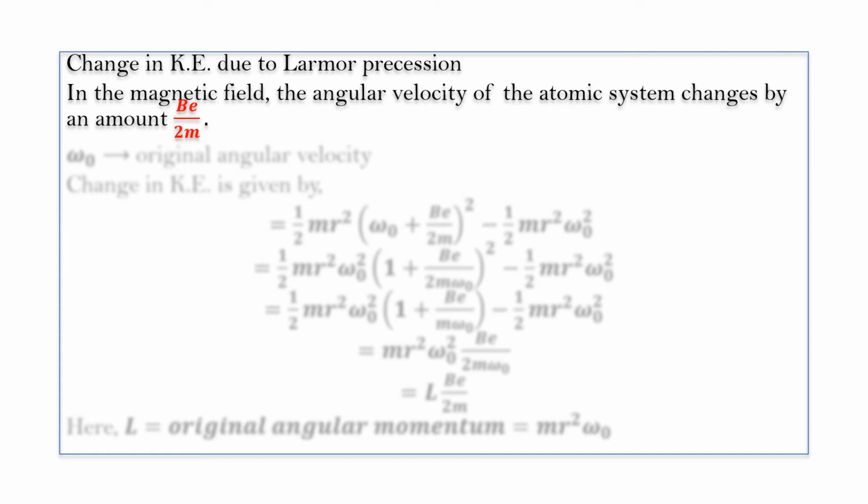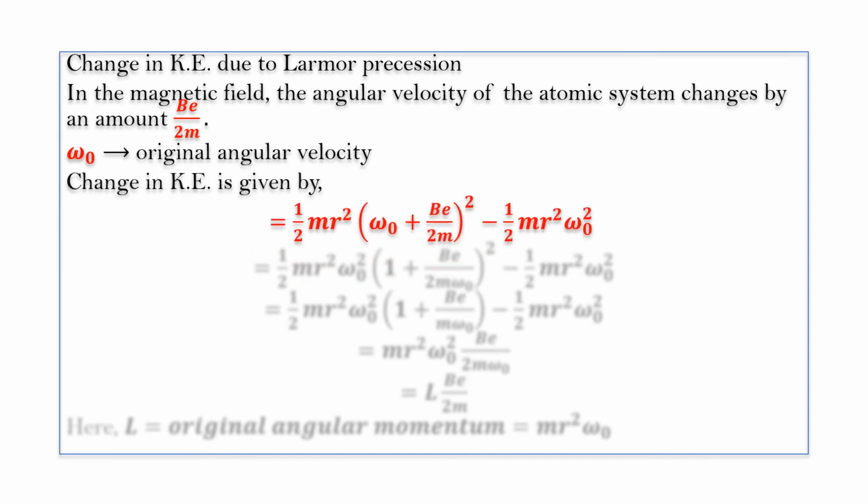Here B represents the applied magnetic field, e represents the charge of an electron, m represents the mass of the electron, and omega naught represents the original angular velocity of the charge. So now we write the change in kinetic energy, which is given by,